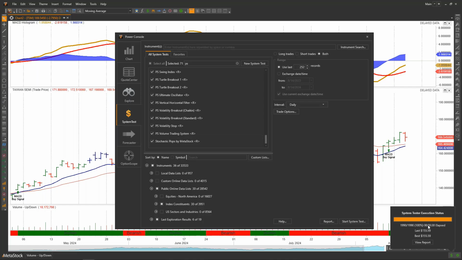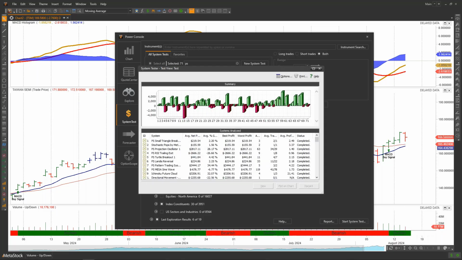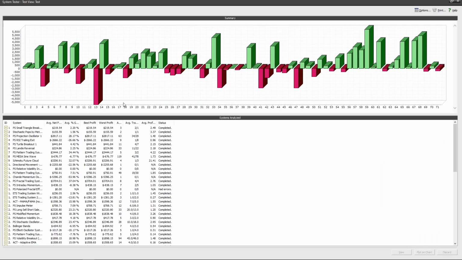But one of the things that you can do with our system tester, it is done. I'm going to go ahead and click on the report here. You can do just a single stock, which we're doing with TSM right now. You can also do a group of stocks. If I want to do the whole S&P 500, I could. If I want to do all the optionable stocks, I could. Sometimes we show that and sometimes we don't. It does take a little bit longer if you throw 500 stocks at it. Sometimes we'll do a small group. But for today, I just want to let you know that that functionality exists. We'll talk just about TSM.